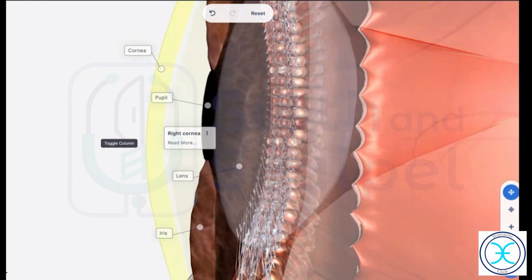So someone said anterior chamber, iris, and then ciliary body, right? Can somebody tell me something about anterior segment and posterior segment? Like how do you split it? Lens divides into anterior segment and posterior segment, and iris divides into anterior chamber and posterior chamber. Yeah, correct. So from where to where is anterior chamber? From cornea to the iris, it is anterior chamber. From iris to lens, it is posterior chamber, and everything behind that is posterior segment. Everything in front of the lens is anterior segment.